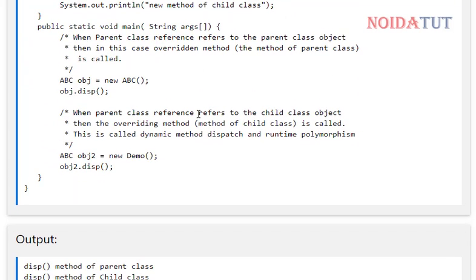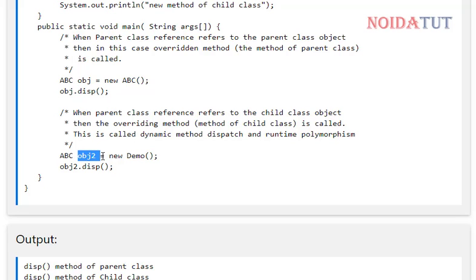When the parent class reference refers to the child class object, then the overriding method of the child class is called. This is called dynamic method dispatch and runtime polymorphism. Now we have the main class, parent class.